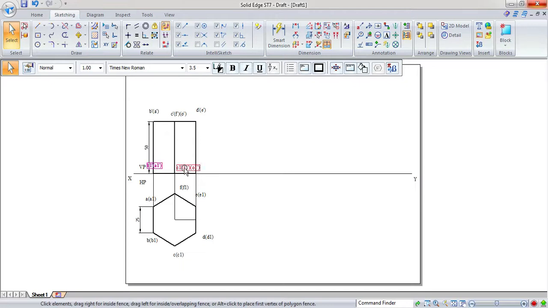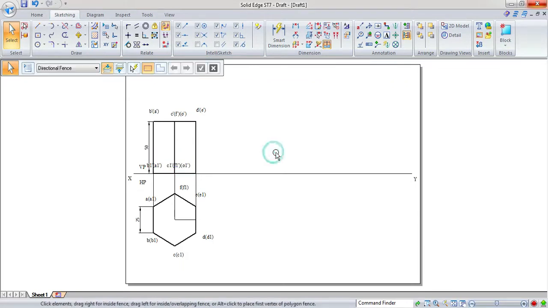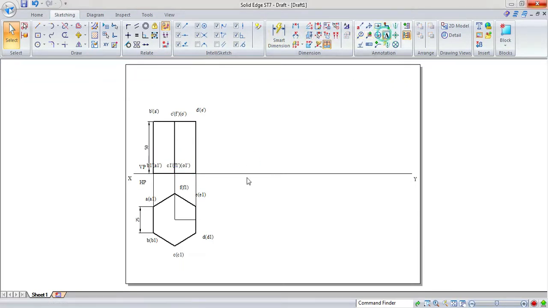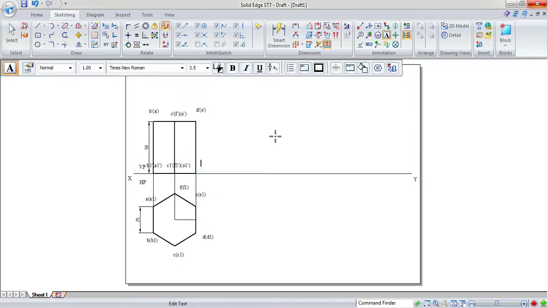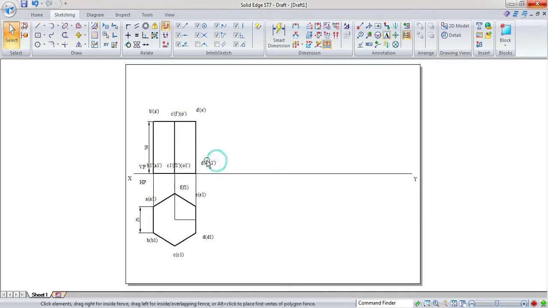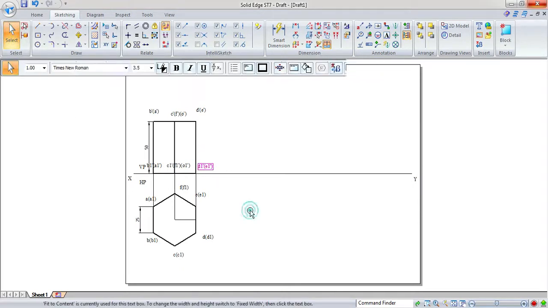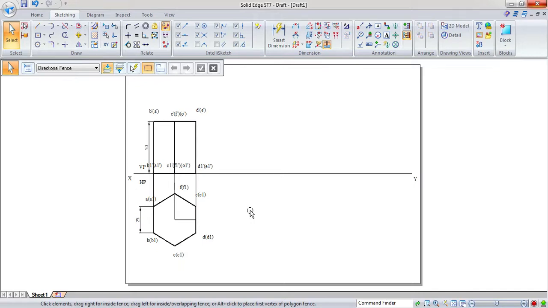So you can drag it because the annotation is too lengthy here. So now it is D1 dash and within the bracket it is E1 dash. Yes, this is the complete annotation of all the corners. So this completes the first position.